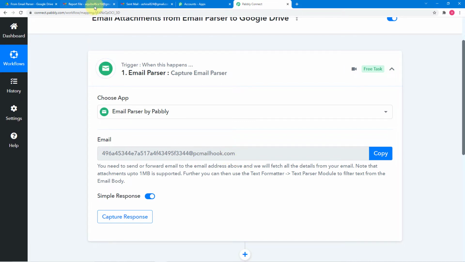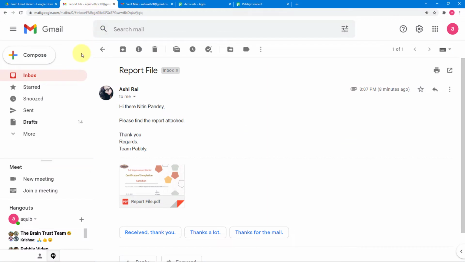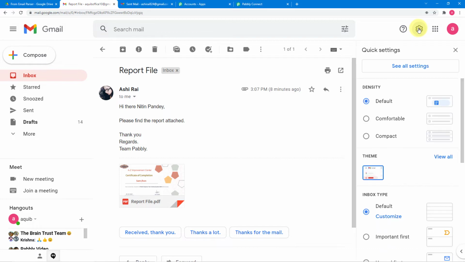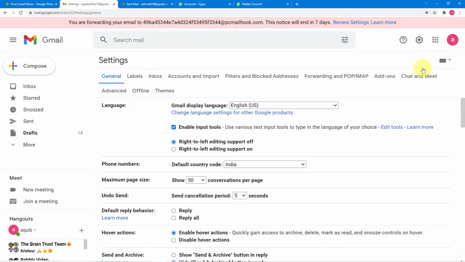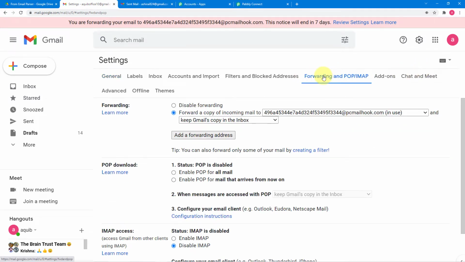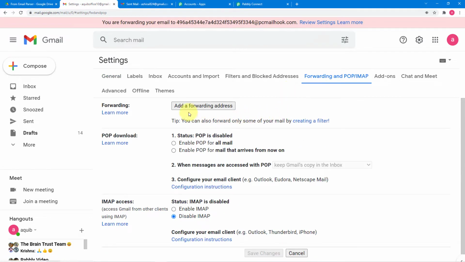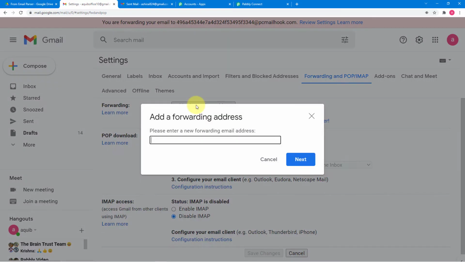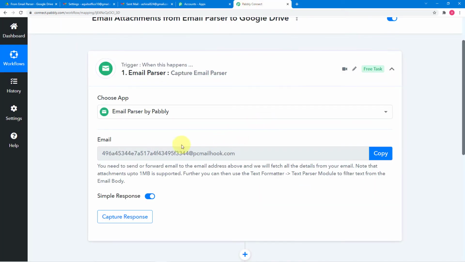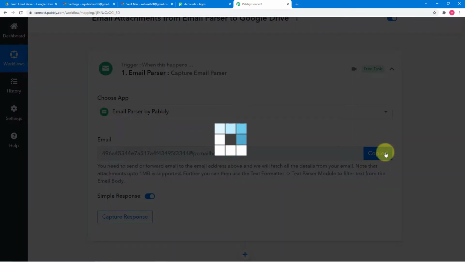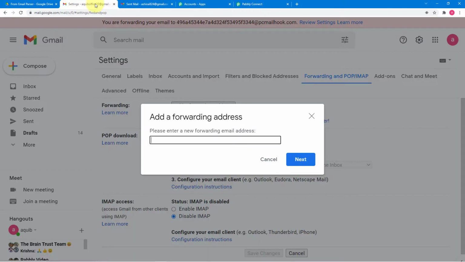To do that, you have to go to your email ID here, and from here you have to click on this settings icon, then click on see all settings, and here you'll find this forwarding and POP/IMAP option. Click on forwarding, and here you will find the add a forwarding address button. Click on it, and here you have to enter the email address that Pabbly Connect has given you. So click on copy, go to your email ID and paste this email address here.